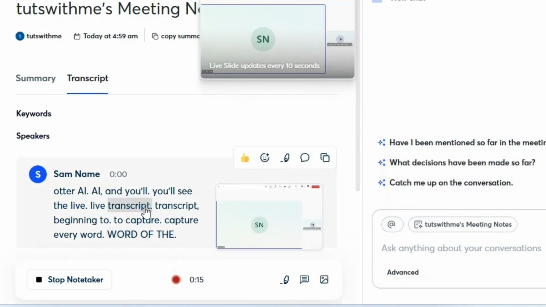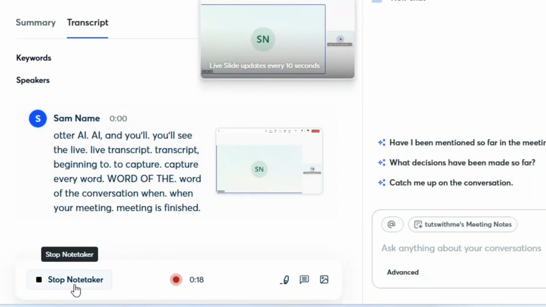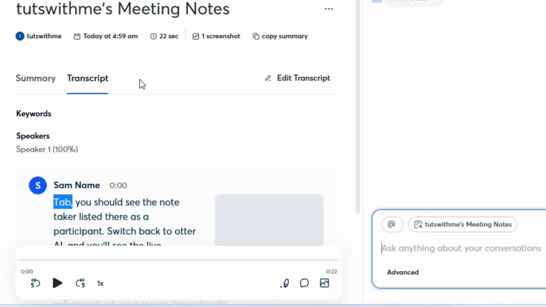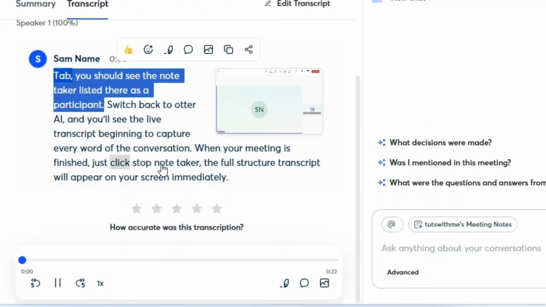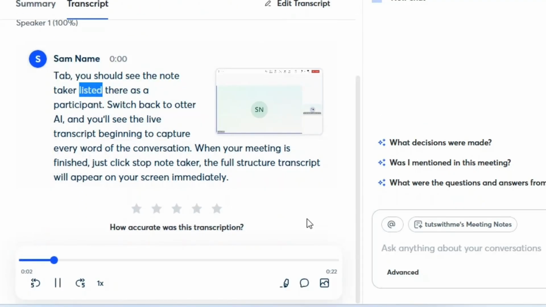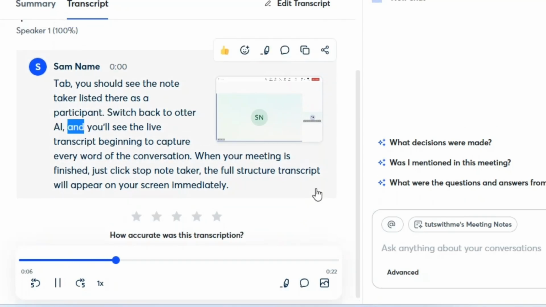When your meeting is finished, just click Stop Note-taker. The full structured transcript will appear on your screen immediately. As always, you can click on any part of the text to play back the original recorded audio from that exact moment. That's how you use Otter AI with Microsoft Teams, keeping your meetings organized and your